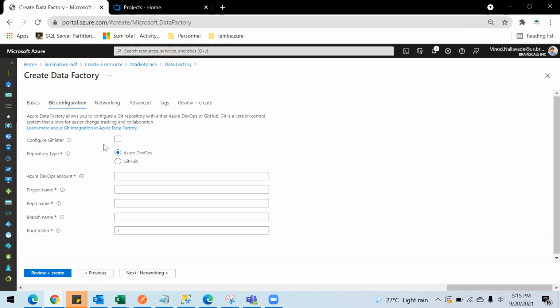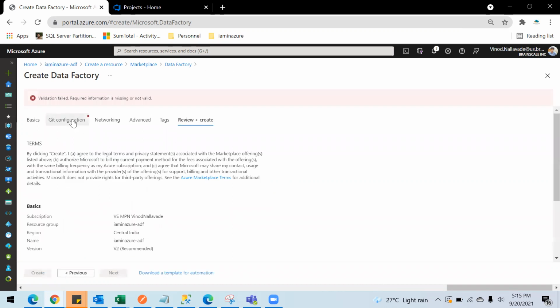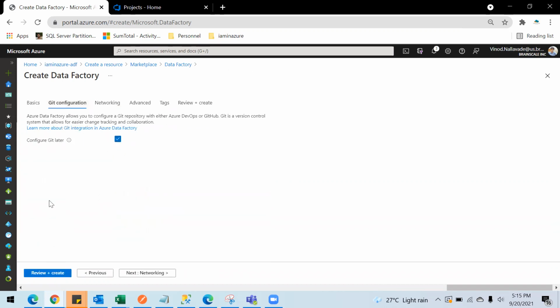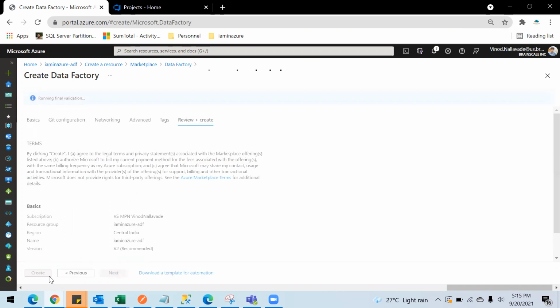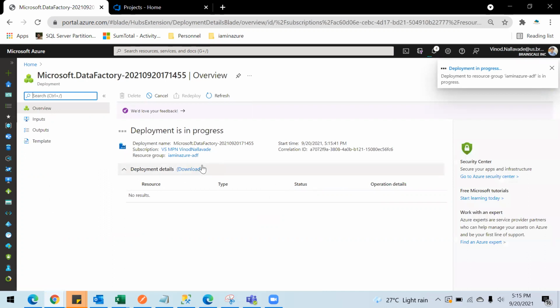Right now I'm not enabling Git. I will show you how to enable it once we create this ADF. Leaving the rest of the things as default, I am going to review. I just have to configure Git later, then create and review. So this will create the Azure Data Factory service in your resource group.